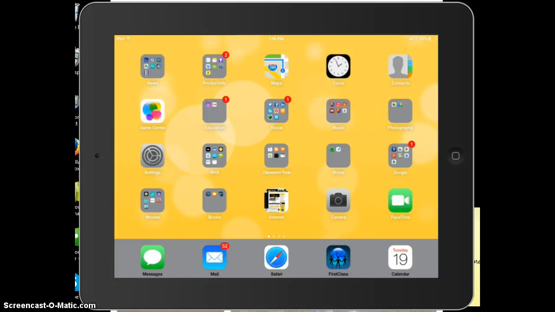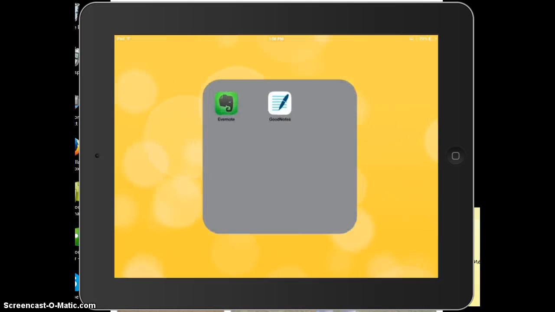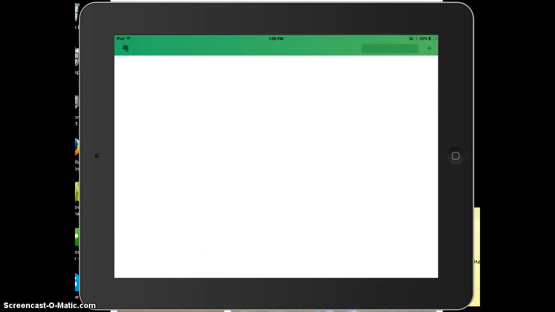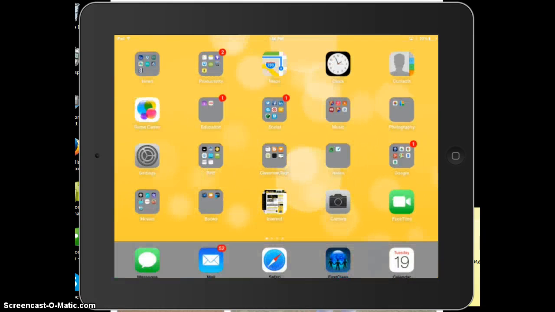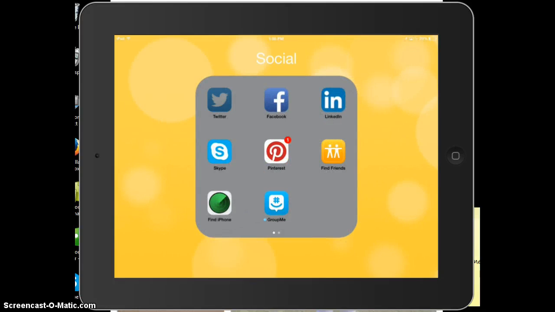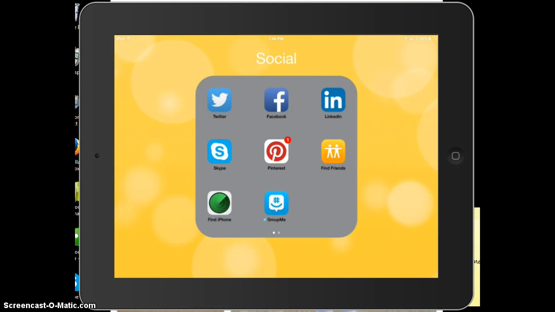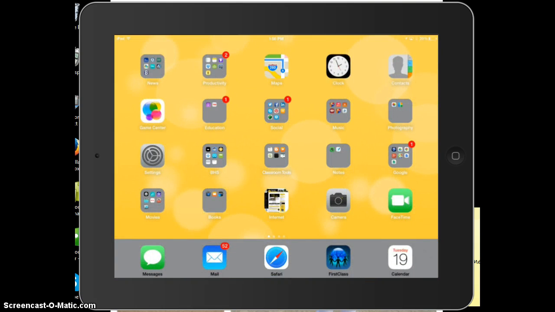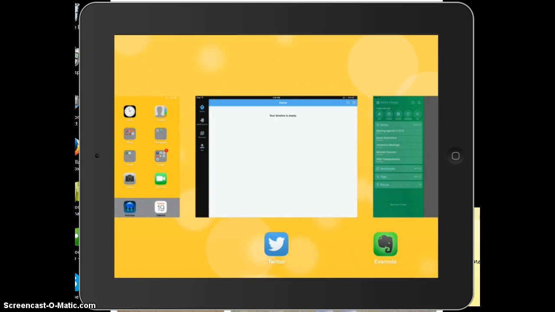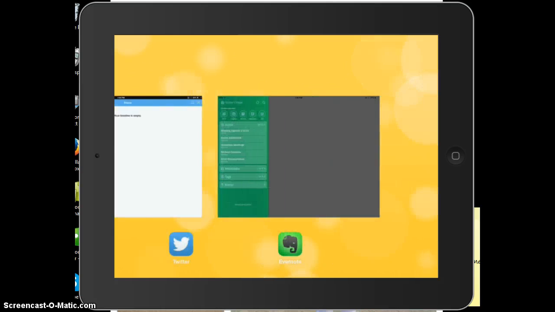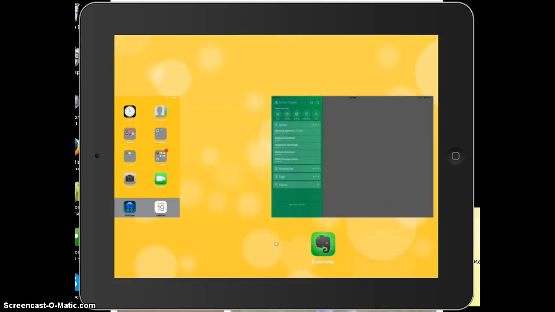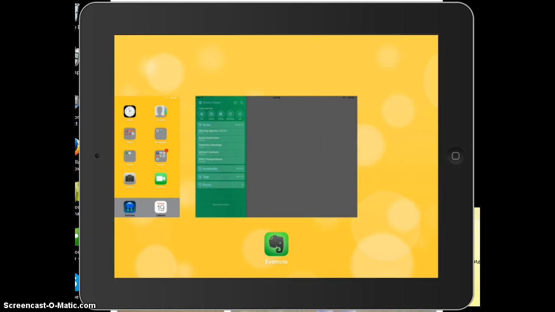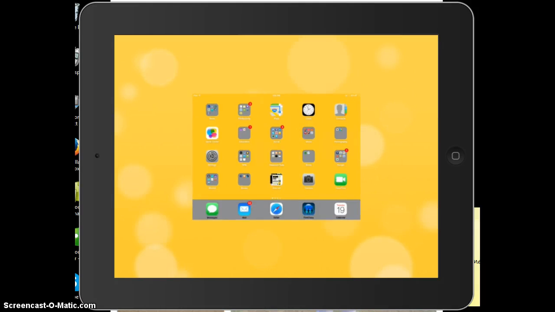So as I'm doing homework, if I open up my Evernote, do some work in there, I want to multitask and I decide to go in and open up my Twitter account, and then I see you coming and I go back to my textbook. If you briefly just double click, you can see what they have open, and you can see that I've gone from Evernote to Twitter and I've been using my Twitter account. Okay, so that's when you may need to go in and block those if they're not focusing on their homework